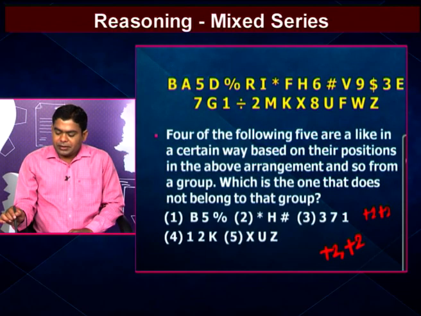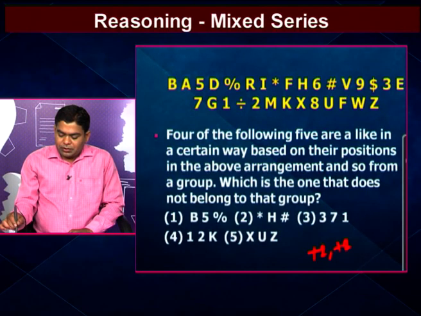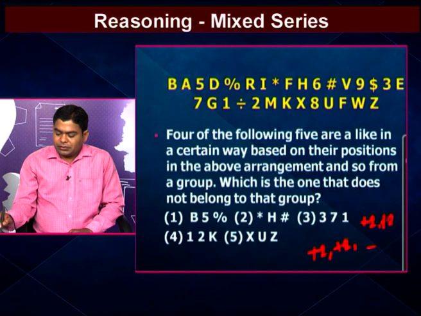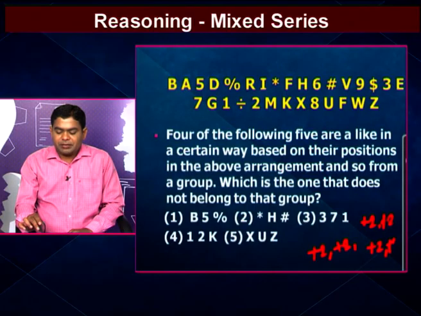Next we go to the next option, 3, 7, 1. In our given series 3 is there, 7 is there. That means the relation between 3 and 7 is the plus 2 element of 3, that means again here the rule is plus 2. First option plus 2 rule is there, plus 2 rule is there. Second option also plus 2, plus 2, and third option is also plus 2, plus 2. Next the fourth option, that one is 1, 2, K. Here 1 is there, 2 is there. That means the relation between 1 and 2 is plus 2 of the first one, and 2 is there, K is there, the plus 2 of 2.